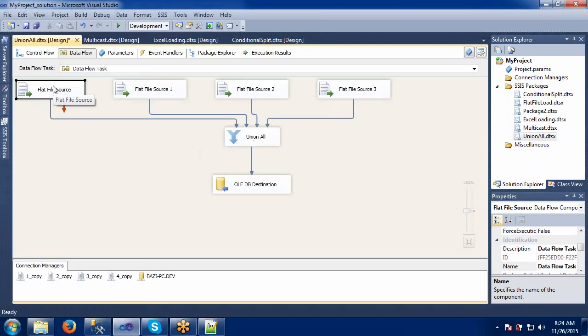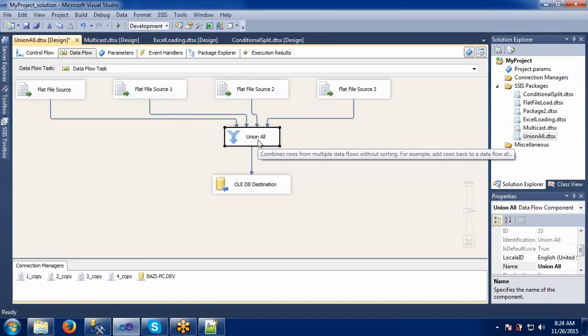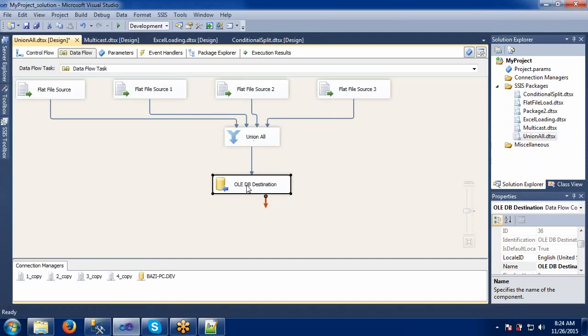If you observe all four files, I have the same records, 105 records repeated in all these columns. Union all is not checking whether a record is a duplicate or unique. It is just taking the source from here, taking the source from here, unioning all these things and sending them to the destination. So our condition is satisfied here, right?